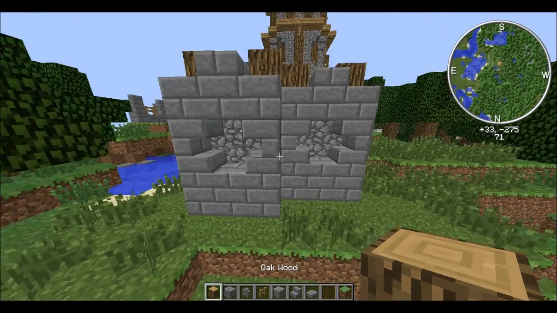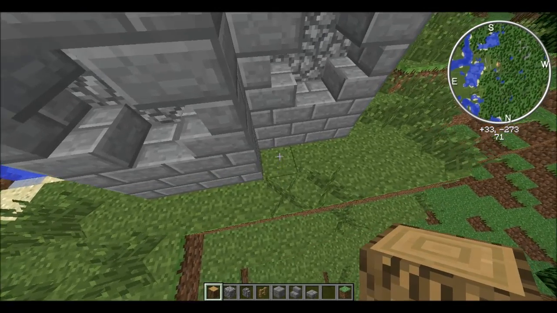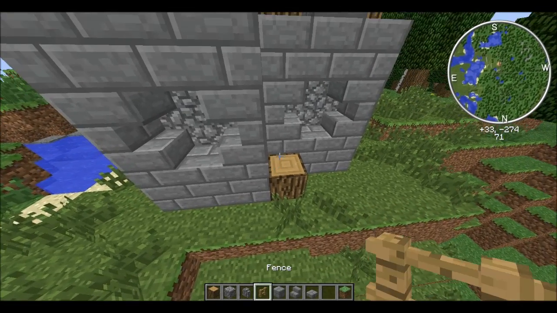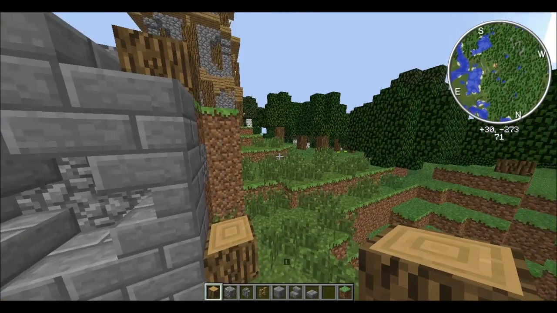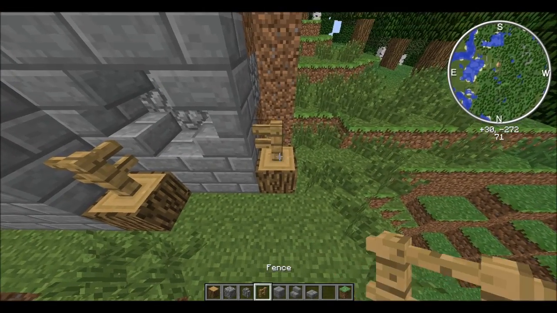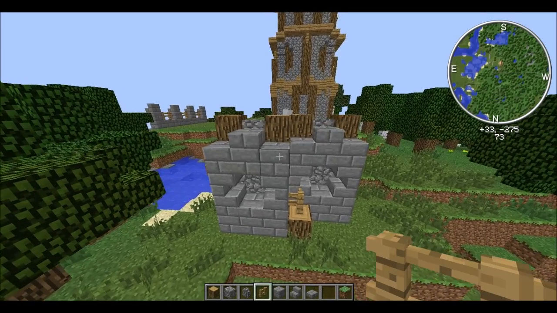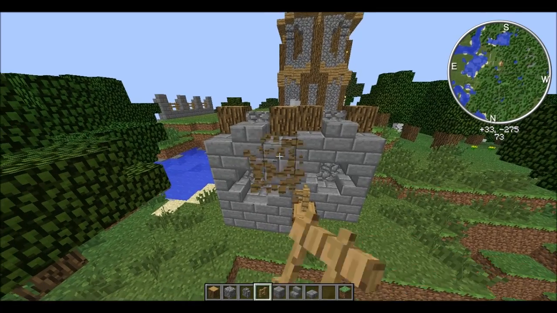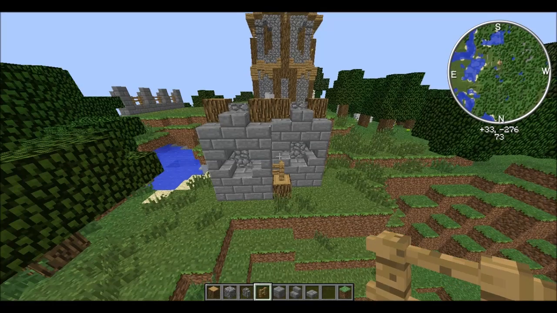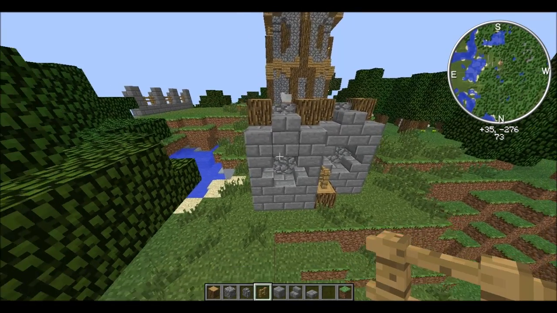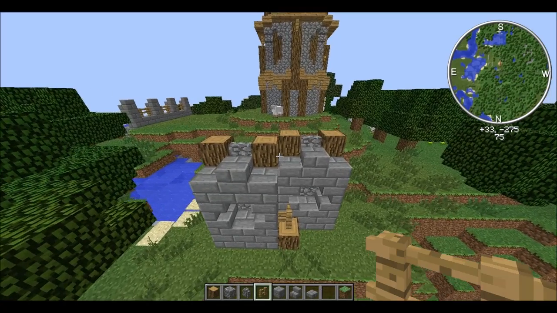Anyways, if you find this boring like I do, just place a nice little oak block here with a nice fence post on top of it, wherever you're turning. So if there was a wall that kept going, then you could put one here like that too. But that's basically the design. Now obviously it doesn't look as good as the first one did, but to make it able to turn easily, you kind of have to sacrifice some of the awesome looking stuff. So there are trade-offs in building fence walls.